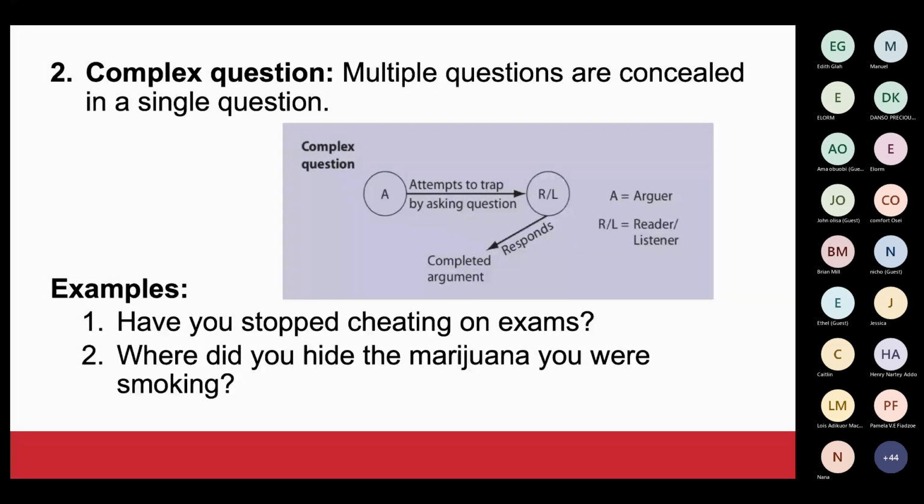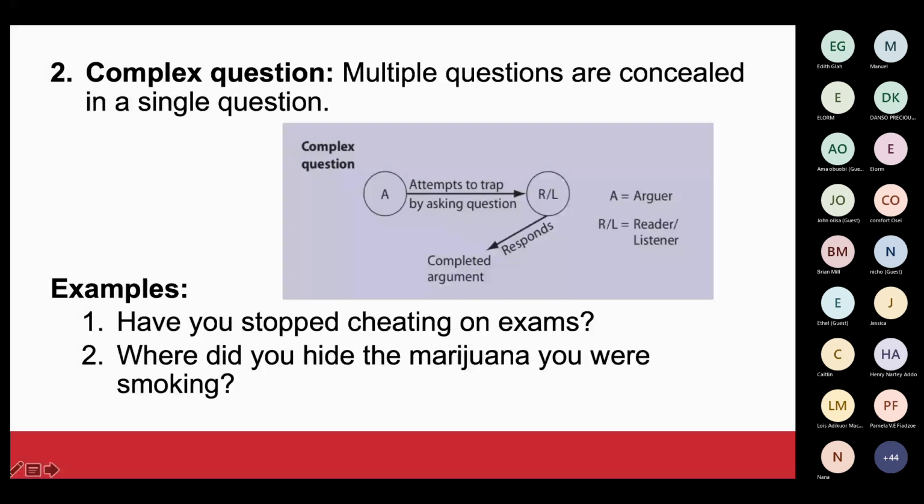So these are fallacies. When anybody asks you that question, it's a complex question. So they ask you, have you stopped fornicating? If you say yes, it means, oh, so indeed, that's what you've been doing. If you say no, it means you are still doing it. Have you stopped cheating on your husband? It's the same thing. So these are complex questions, and complex questions are meant to trap.